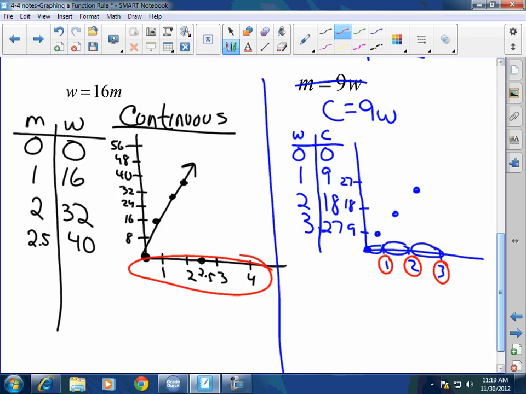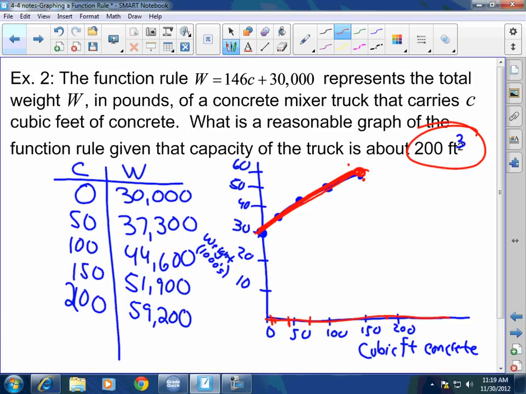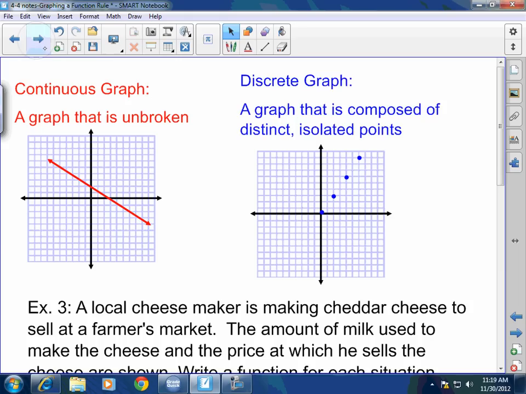Thank you. Yes, sir. No, yeah, the one before we stopped at 200 because they said that there was a 200 cubic foot limit. Okay? Now,